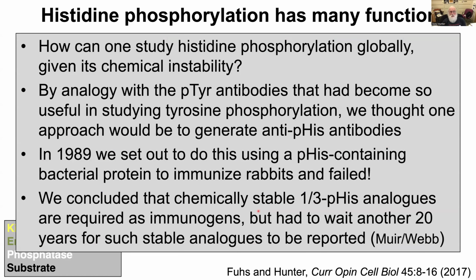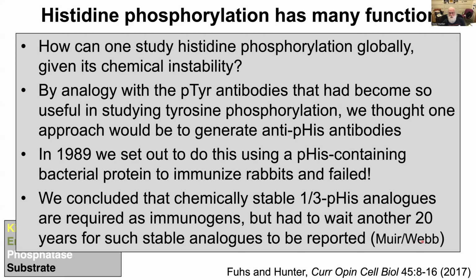So how can one study this chemically very unstable modification? Well, we thought by analogy with phosphotyrosine antibodies, we might be able to use the same approach and generate phosphohistidine antibodies. And we tried this over 30 years ago now and failed, largely, I think, because the phosphate is simply too unstable to survive as an antigen. And so we realized what we needed were chemically stable analogs, but we had to wait until some chemists, particularly